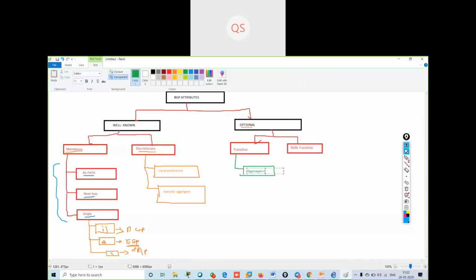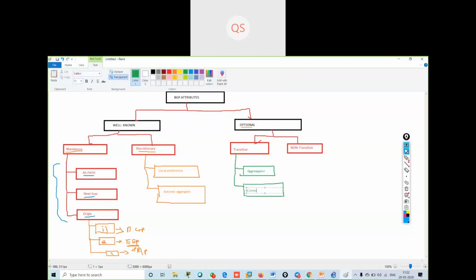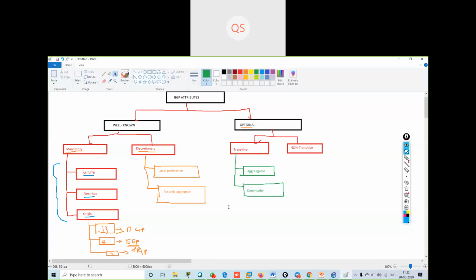Aggregator is one attribute. Then I can have another attribute, community. Inside community I also have multiple things, but I will not go in depth about community.